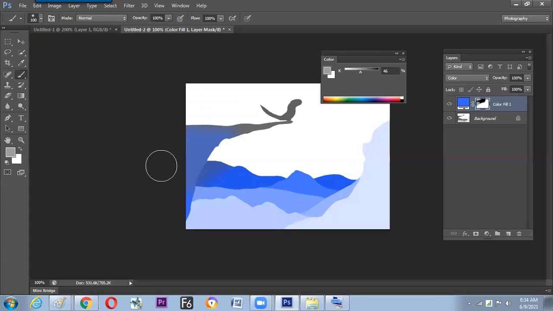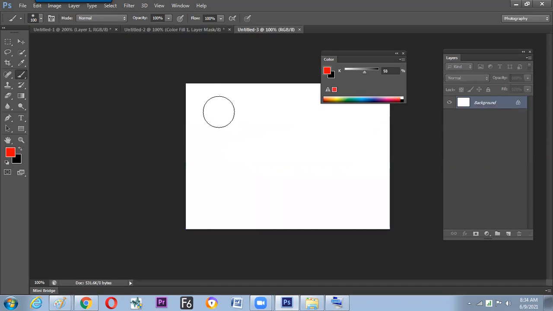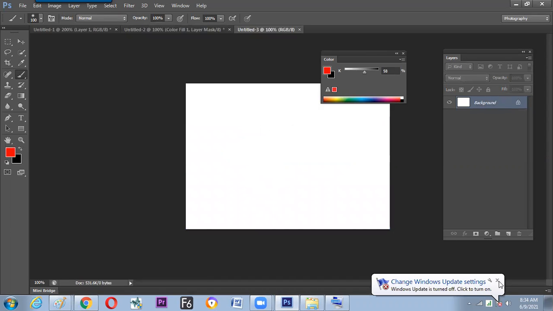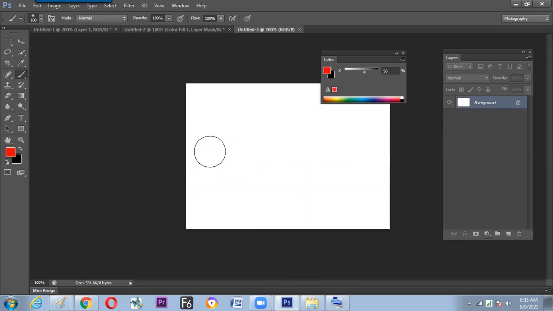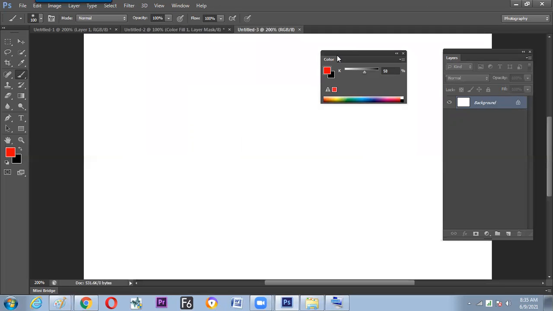Now I'll move to the next property of the brush. What we have seen now is that the brush doesn't only paint the color on the screen, it also paints on a mask layer. And mask always takes black and white. This is the conclusion regarding the brush on the second level. Now the third: getting a new canvas and dealing with the same brush. The next thing we have understood is that color can be chosen with 3 factors, that is HSB, and color can be controlled with a window called the color window, and the keyboard shortcut is F6. This is the next thing we have learned today.